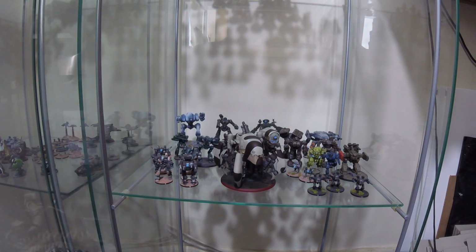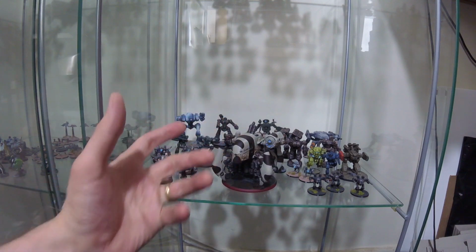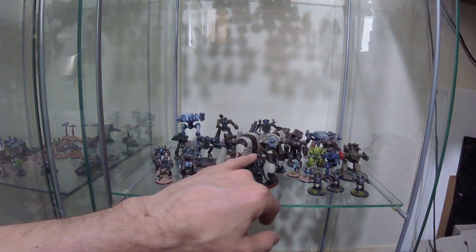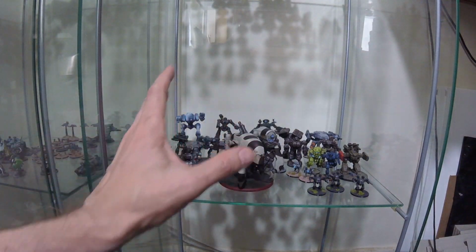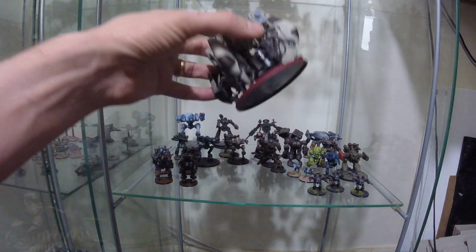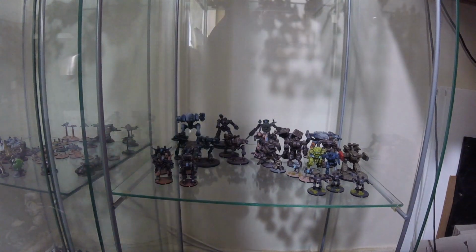I tend to run this in 28mm games. I like it. It's got a really good solid sort of insecty threatening feel to it, but I feel like this paint scheme that I've given it grounds it a little bit more in real world vehicle camouflage schemes to make it feel that little bit more immediate. And I put some decals on the side just to embed it in that human world. So that's the AT-43 golem, and they're no longer in production, but you can often find them quite cheaply second hand. And last of all,